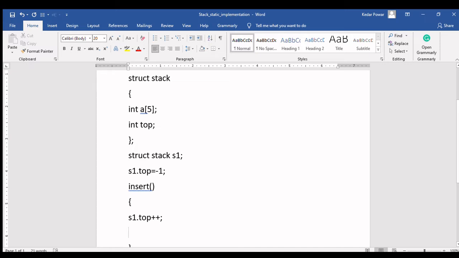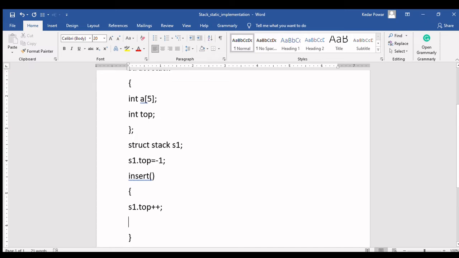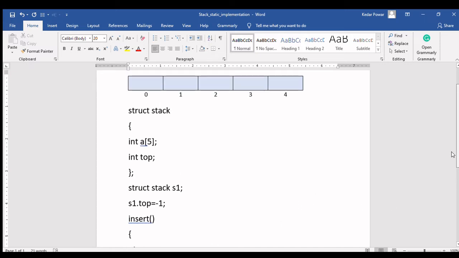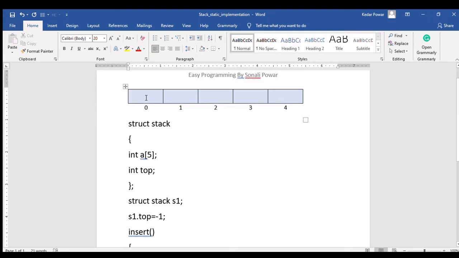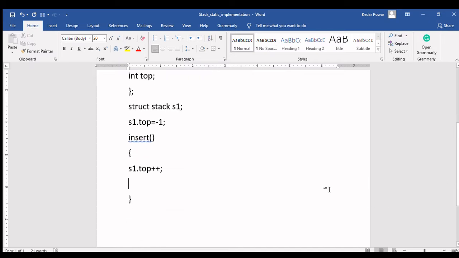So it will increment the top value. Initially the value of top is -1, and when I increment it by 1 it becomes 0. So it will store the new element at the 0th location. To store the element at the 0th location, how can I write? s1 dot a of 0 is equal to 22. Suppose this is a new element.